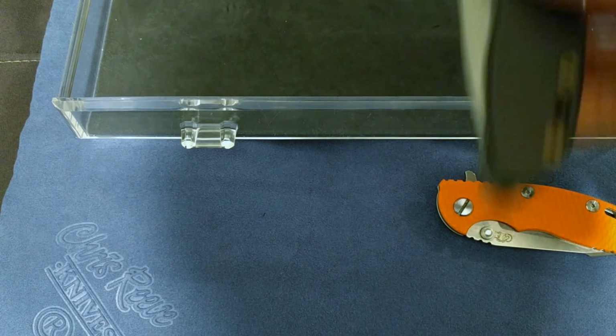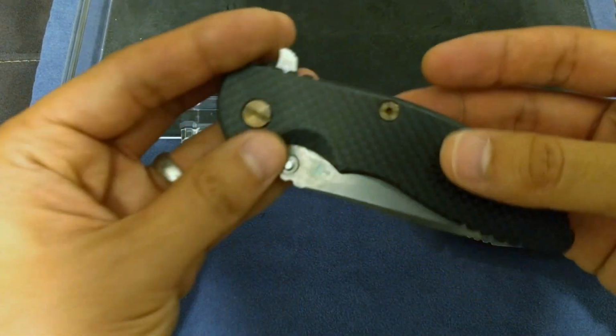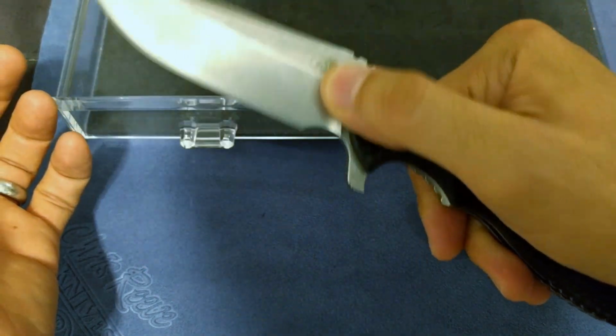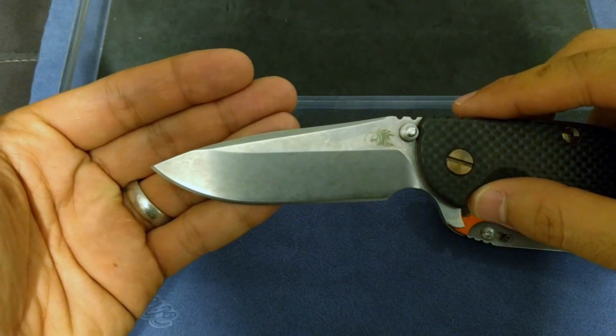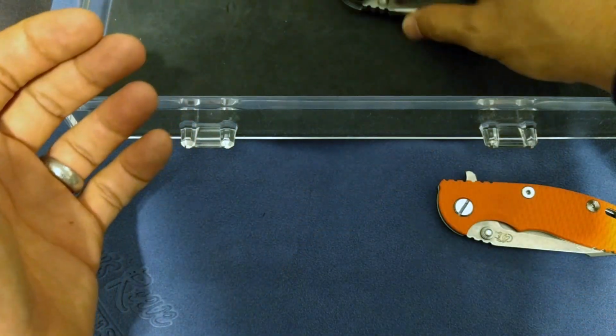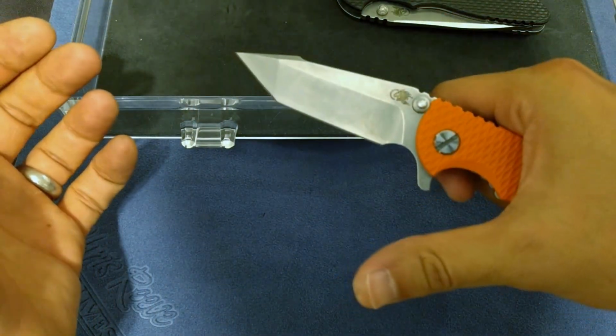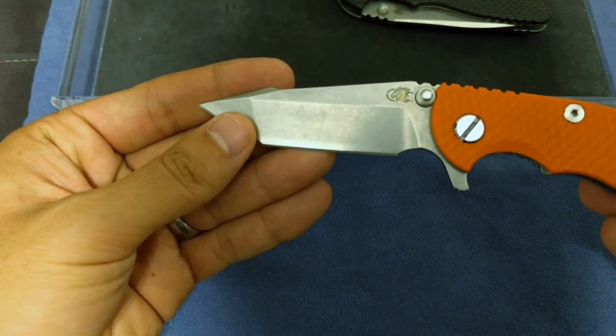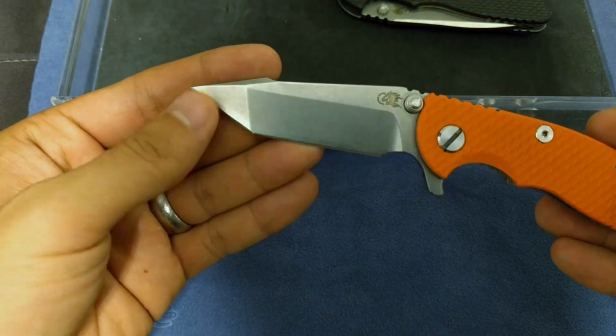Whereas this one, which has more of the older style detent, you can just thumb it open nice and quiet. No one knows. You've got a knife. Boom, cut your sandwich, you're done. This one, people think, oh my god, it's an automatic. But yeah,